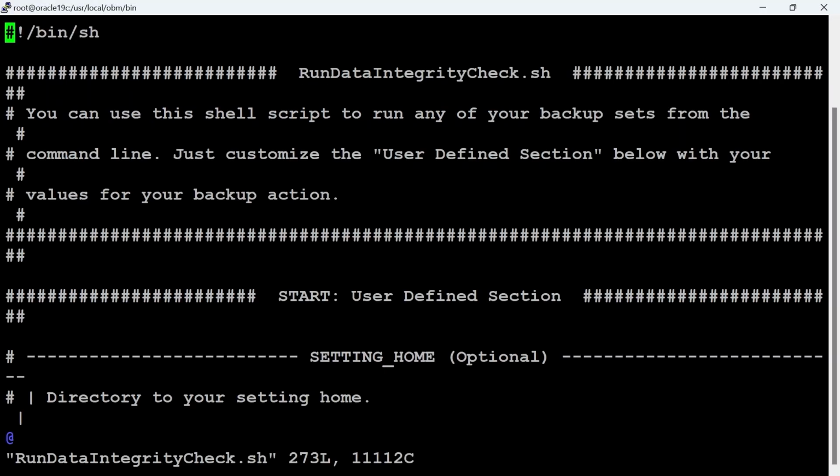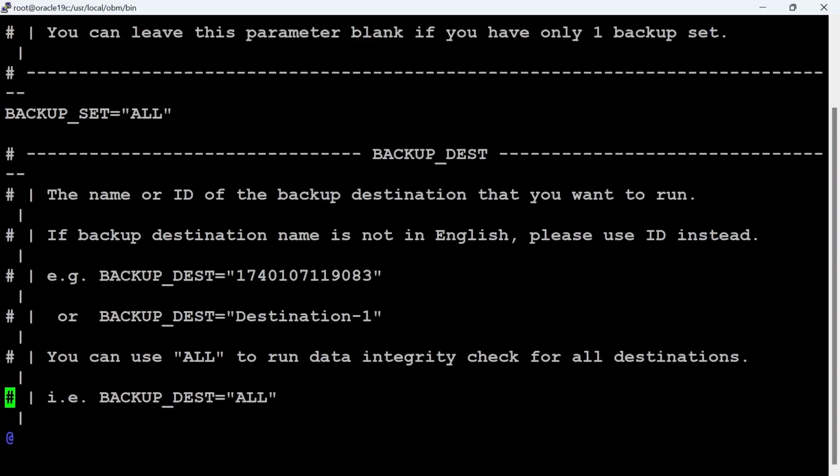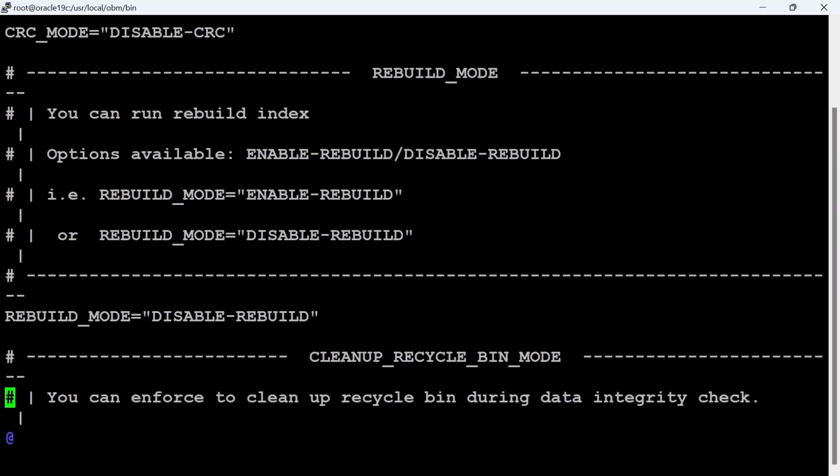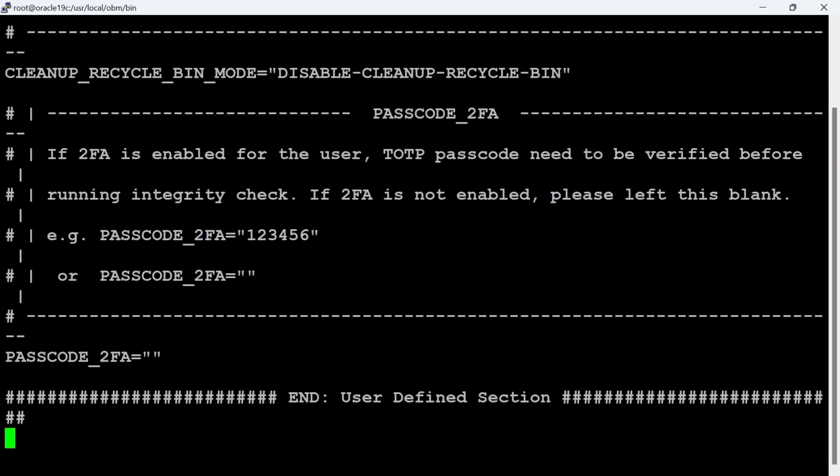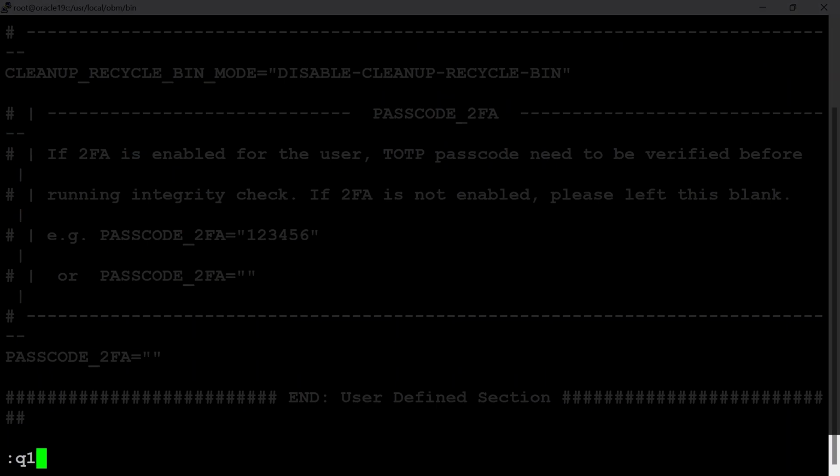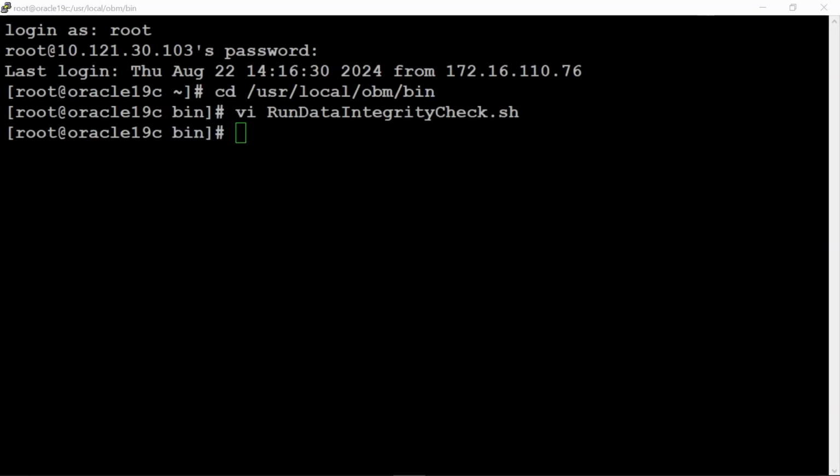Modify the settings in the file according to your requirement. For our example, we will use the default setting. Start the data integrity check by running the run data integrity check.sh script file.